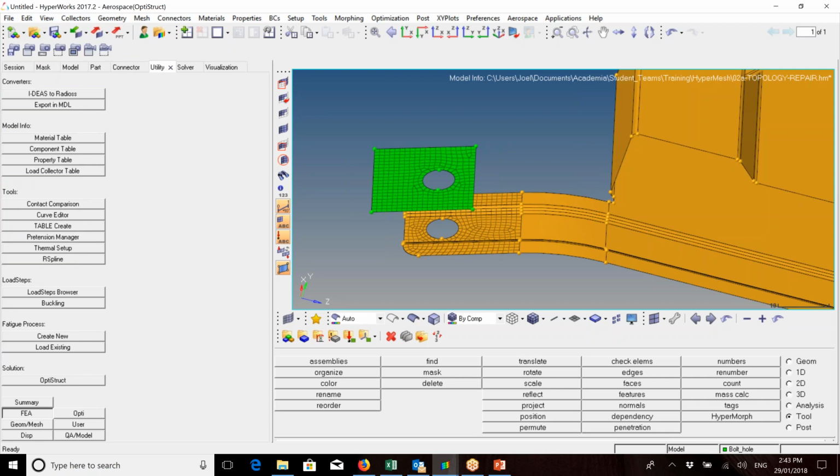Now, the difference between an RBE2 and an RBE3 is that a rigid body element of type 2 transmits infinite stiffness. So it doesn't transmit load, it will transmit infinite stiffness. Your rigid body element 3, that's the one that transmits load. So making sure you're using the correct rigid body elements for the type of analysis that you're doing is a big thing. This is a fast way of creating it: if you go into utility and you go to geometry and mesh,